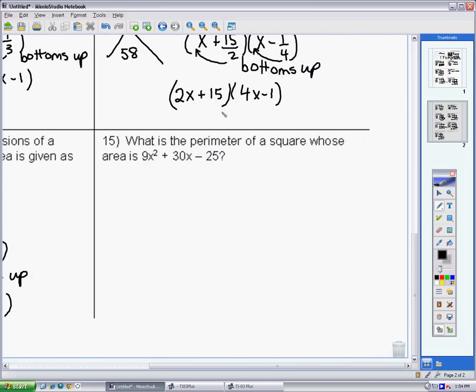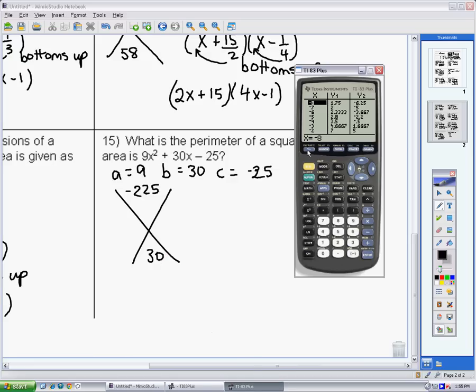Okay, number 15. What is the perimeter of a square whose area is 9x squared plus 30x minus 25? So again, A equals 9, B equals 30, and C equals negative 25. So if I multiply 9 times negative 25, I get negative 225. And B is equal to 30. So I'm going to type that in. Negative 225,